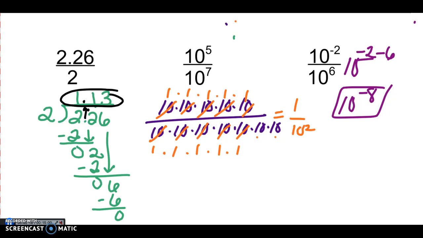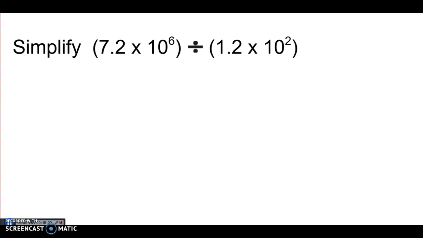Now, if you know how to do that, scientific notation is just putting it together. So let's look at this first example here. We have 7.2 times 10 to the 6th divided by 1.2 times 10 to the negative 2. So let's go ahead and start this. I like to write mine as a fraction. It's just how I like to see things. So I write it out